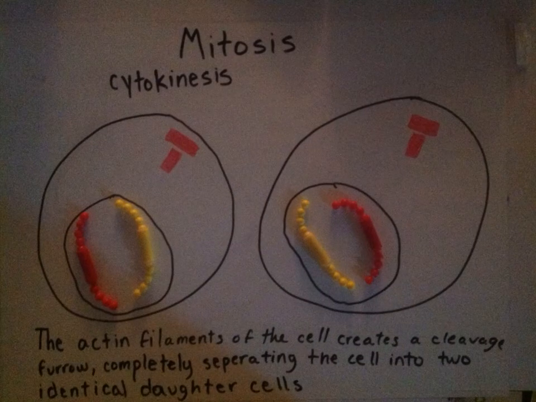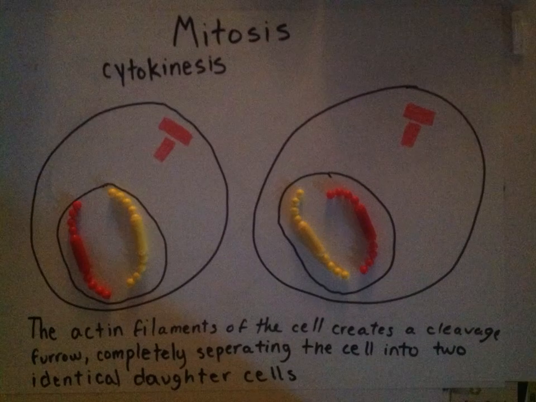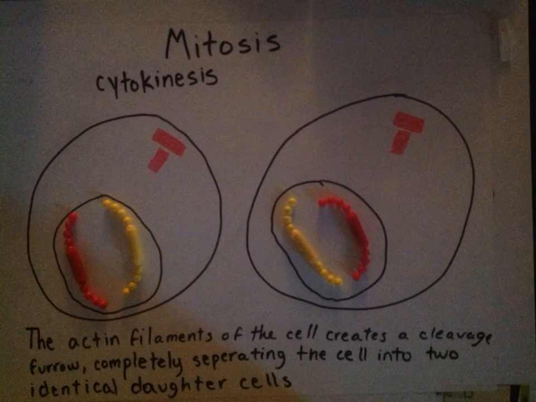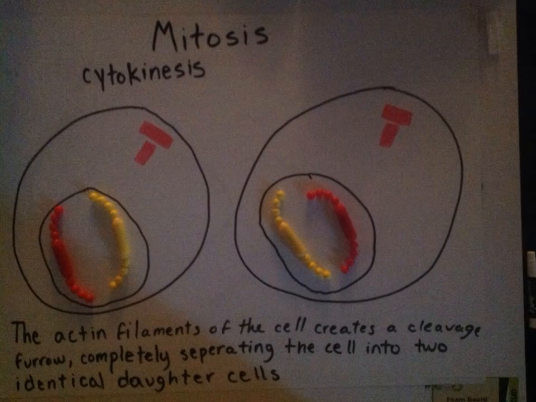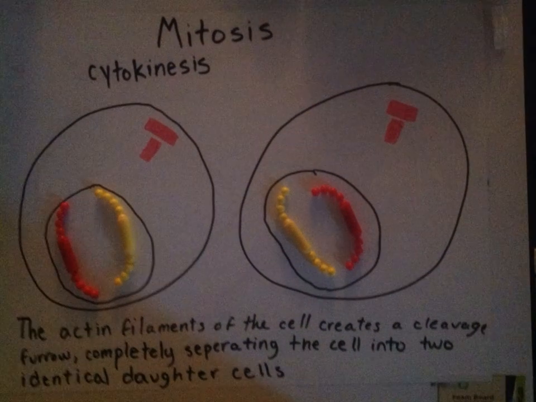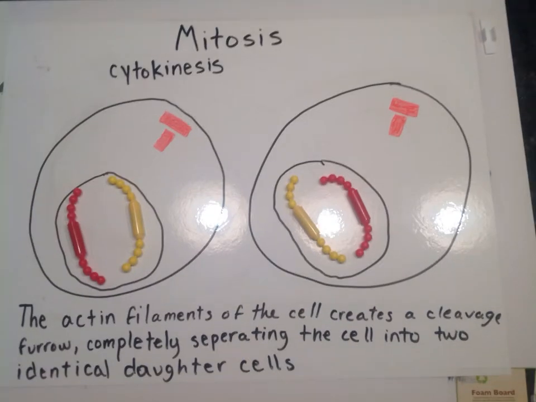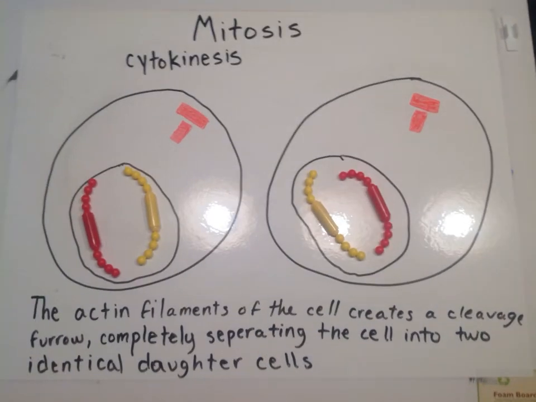The fifth phase is cytokinesis. In cytokinesis, the cell pinches inward until the cell is completely split into 2 identical daughter cells. A cleavage furrow is formed, caused by active filaments in the cell. There are now 2 cells, each genetically